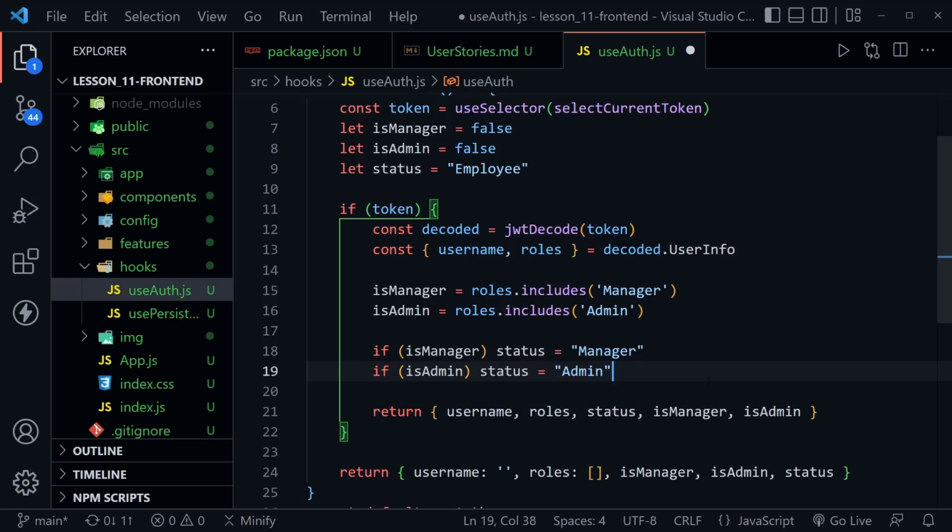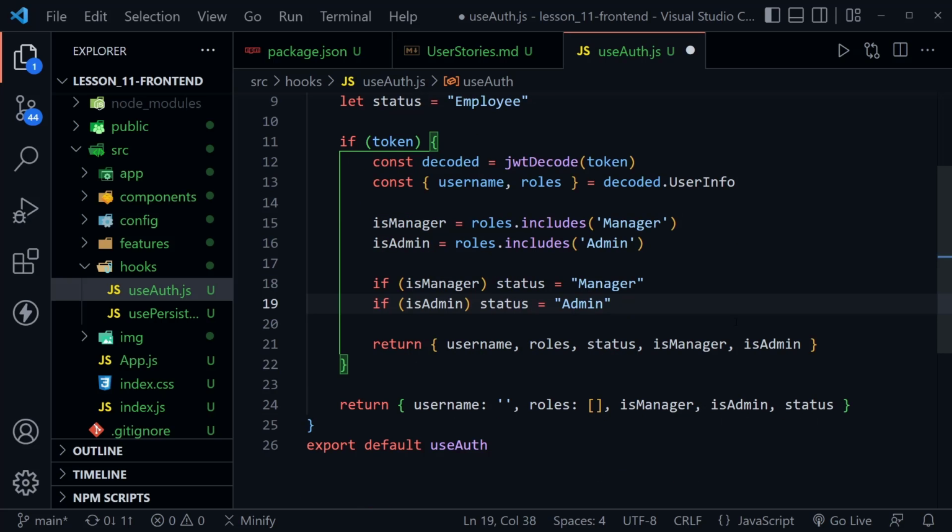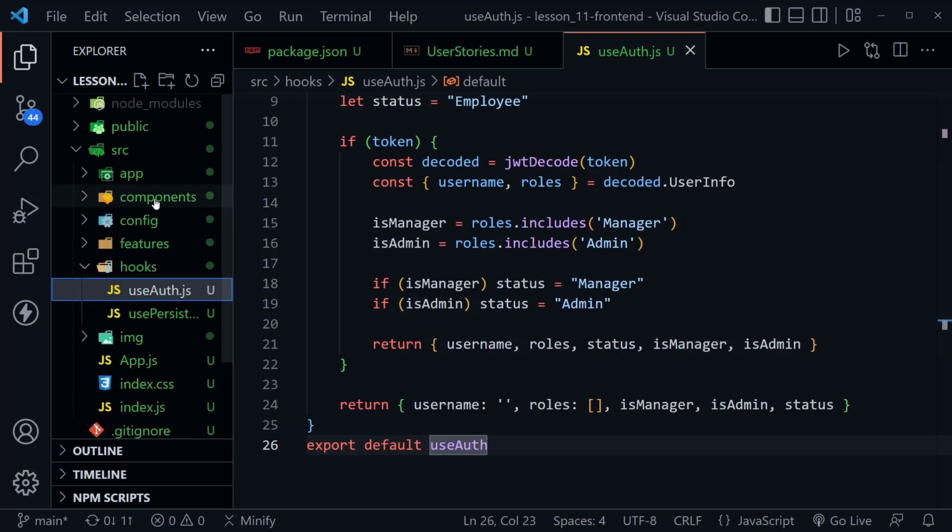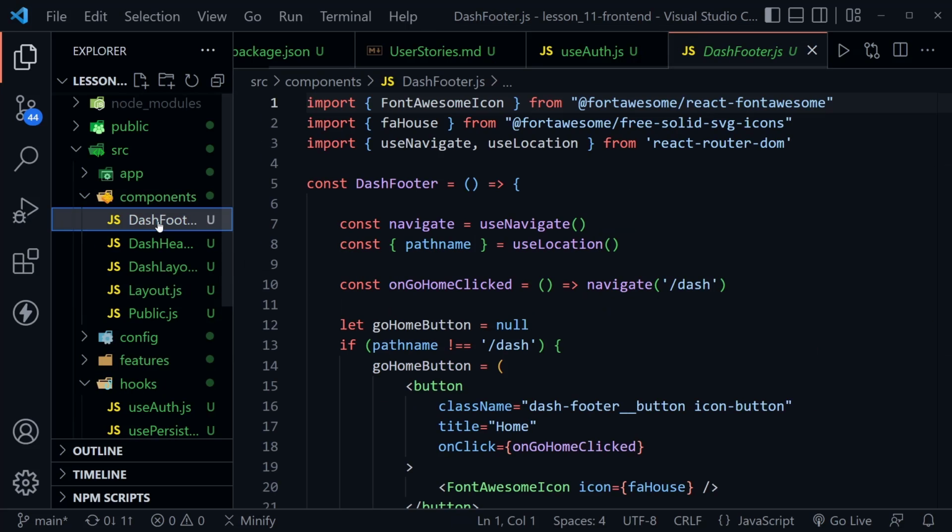You might think you wouldn't need all of these, and you could go without some of them and create other logic inside of your components, but I think it's better to just handle the logic here, deliver all of the different information in these different forms, and then just destructure out of the hook whatever you need at that current time. Now let's save our new useAuth hook, and let's move on to the components directory and go to the